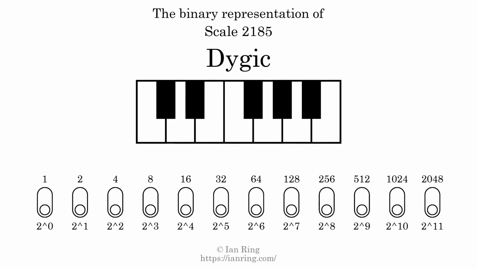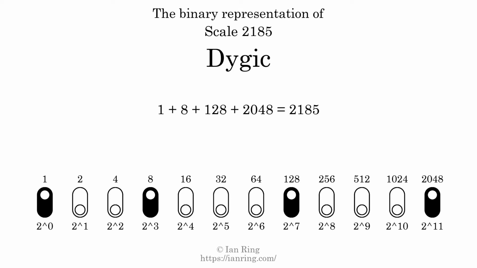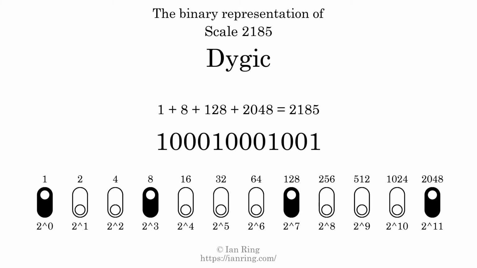The binary representation of this scale is determined by mapping tones of the scale to binary digits. Each binary digit represents a power of 2. To get the scale number, we add the powers of 2 together. The powers of 2 that are present in the scale, all added together, equals 2185. That is why the scale number, in decimal, is 2185. The scale number not only enumerates the scale with a unique index, but it also literally describes the tonal content of the scale. Represented as a binary number in base 2, the scale number is